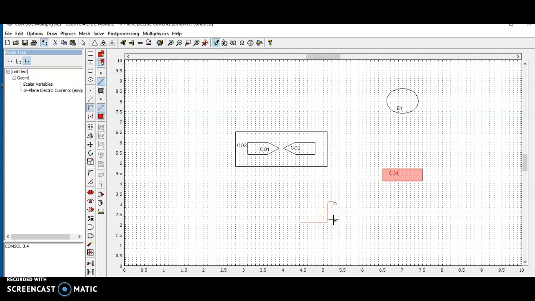This type of curve is mainly used to avoid the corona effect. Corona mainly occurs on sharp edges, so in order to avoid the corona effect, we have to choose this type of Bezier curve. Like the same, we have to move towards the third point. Then in the same way, we have to click the line and move the line downwards. Then we have to click the Bezier curve, like the first point, second point and third point. See, then we have to choose the straight line.